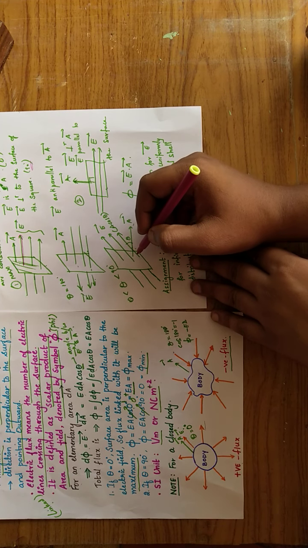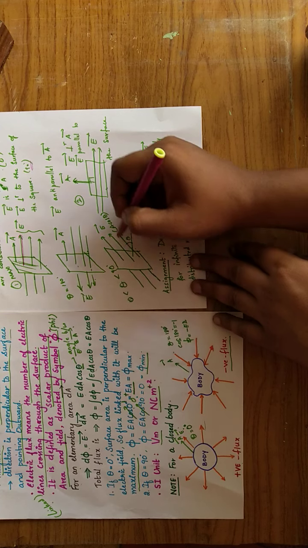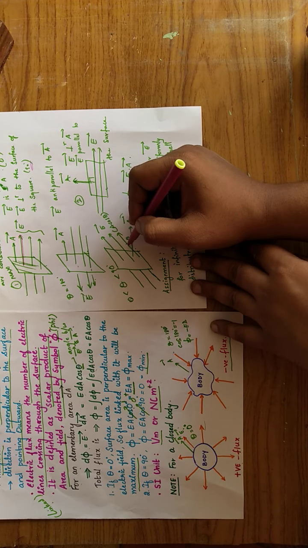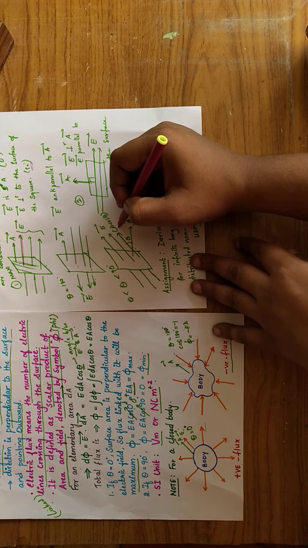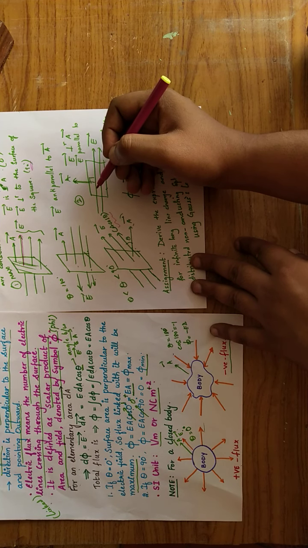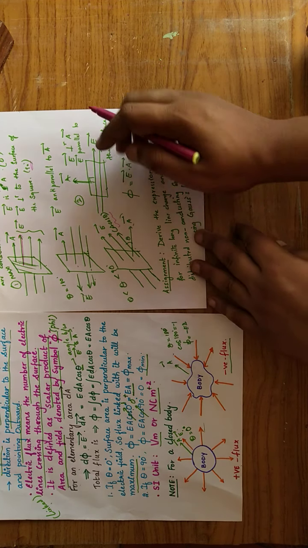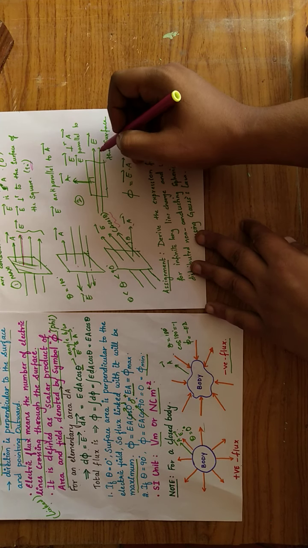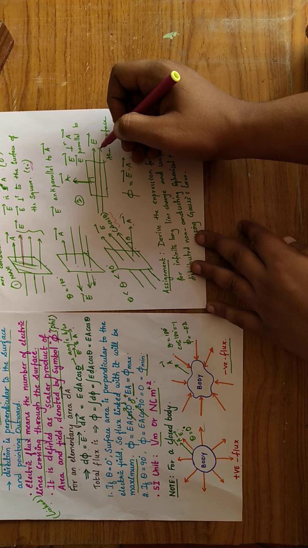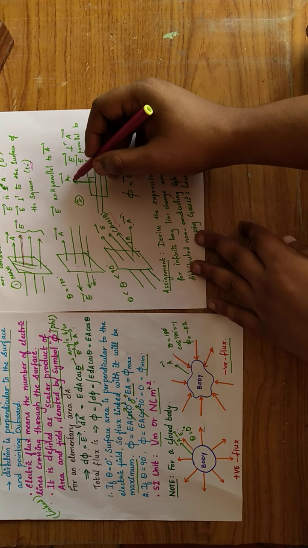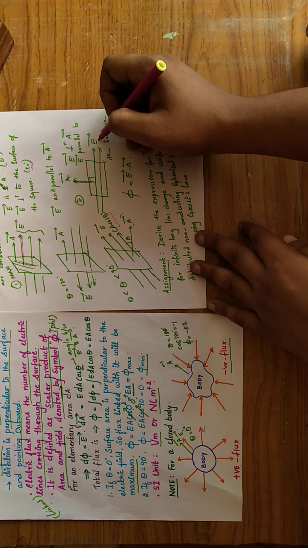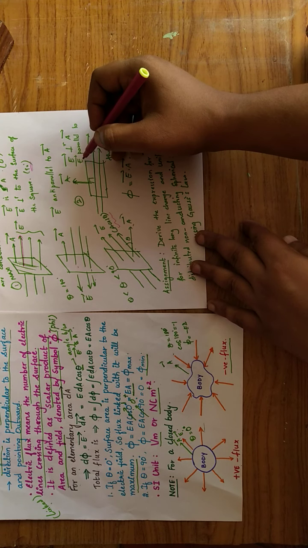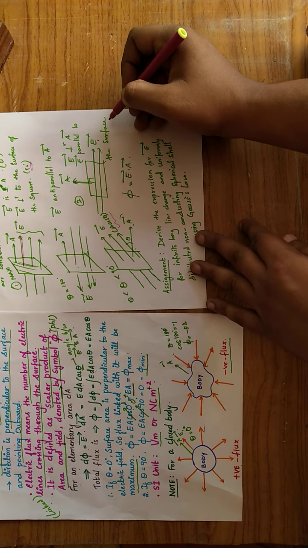There can be an oblique way, that is electric field is making an angle to the area vector. So the area vector is resolved along the direction of electric field, which will give you A cos theta. Okay, good. Here the next case, you see that electric field is lying along the plane of the surface, then area vector is normal to the electric field. So electric field is perpendicular to area vector, or you can say electric field parallel to the surface.